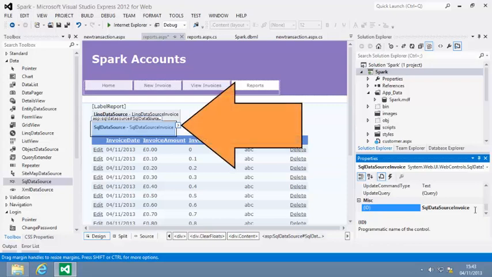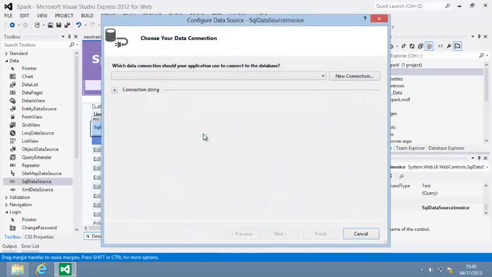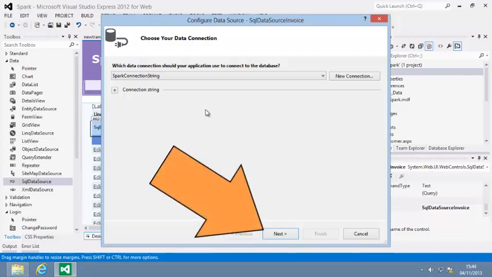Now you'll need to configure the new SqlDataSource control. Open the Quick Tasks menu of the new control and click Configure Data Source. A dialog appears. Click the drop-down menu and select Spark Connection String. The connection string tells the SqlDataSource control how to connect to your database. Visual Studio automatically added the Spark connection string to the web.config file when the database was added to the project. Click Next now,